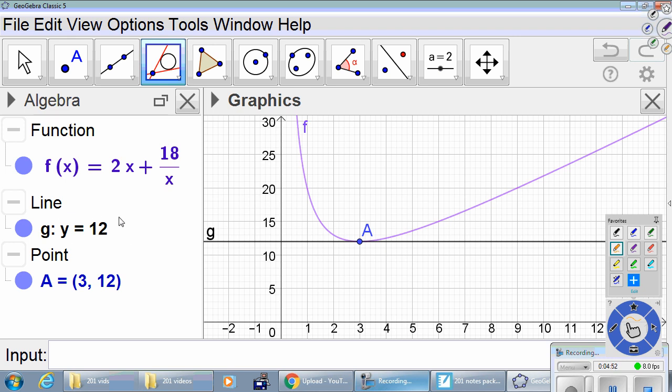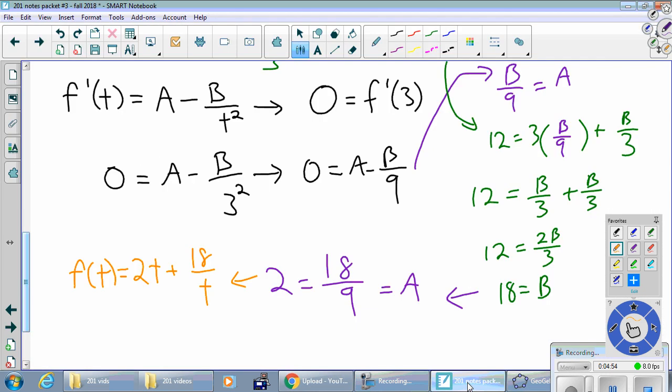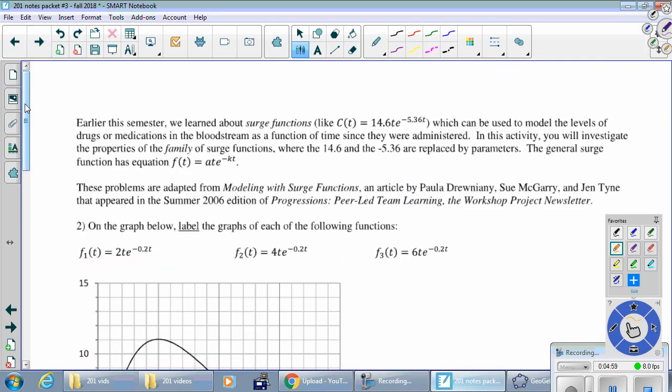The slope there is 0. So everything worked out just fine on that one. That is the right answer. Okay,